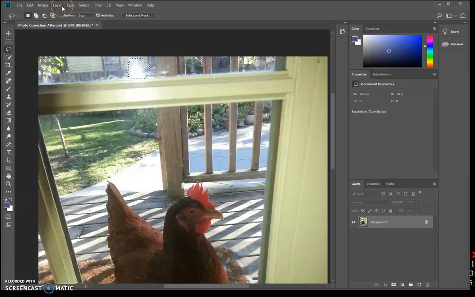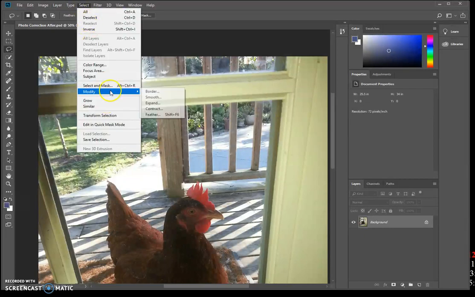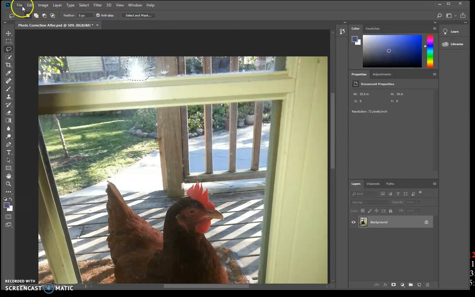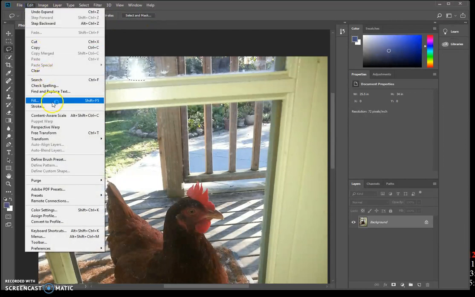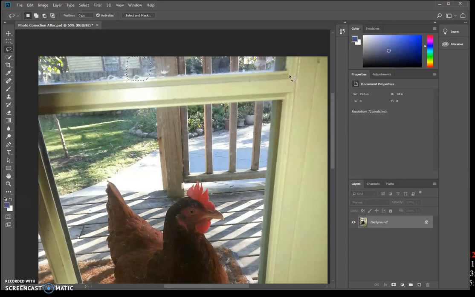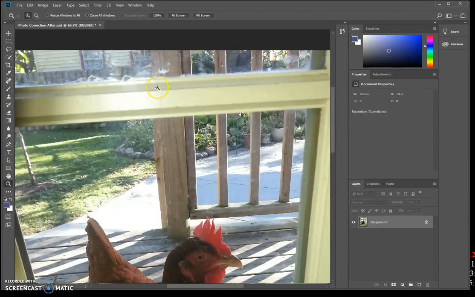Then we're going to go to Select, Modify, Expand, 10 pixels, hit OK. Now we're going to go to Edit, Fill, and then Content Aware. That turned out a little bit better. Control D to deselect it, added an extra window here, but nobody will ever know the difference. I could do the same thing right here to get rid of this. This is an area where you want to work with just a little bit at a time in order